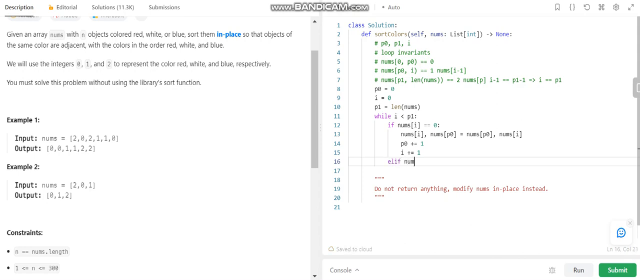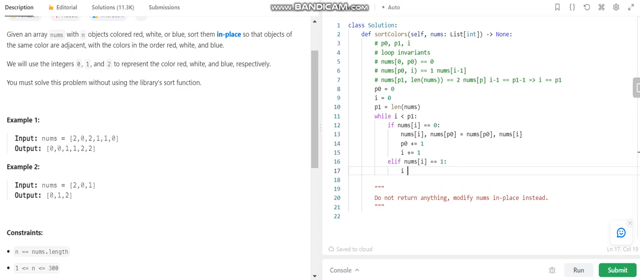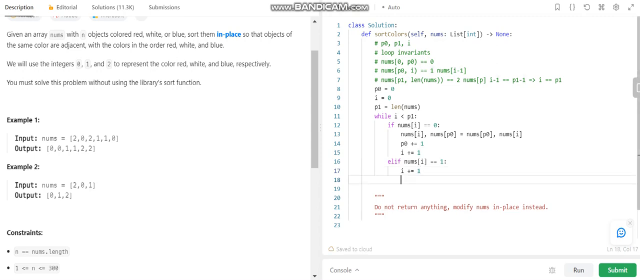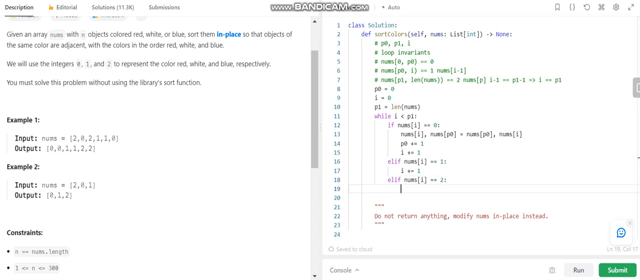And then we will check if nums I equals 1. We will do nothing to P0 and P1. And in this case, we will just add 1 to I. And if nums I equals 2, we will do something to P1 and I. So we will exchange nums I and nums P1,